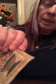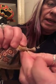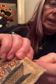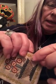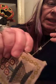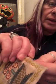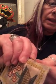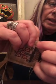I showed you where you could come in and go out on the back way, and you can also do this on the front if you have thread that you can't see, because this thread blends in when I'm pulling it. Well, it does in this lighting. But I'm going back and forth and just catching the edge of these. And this is what you would call a ladder stitch, because what you're stitching is straight across, so those would be the rungs of the ladder. But we're just stitching and you're pulling it through and coming back, and you really stitch it almost on top